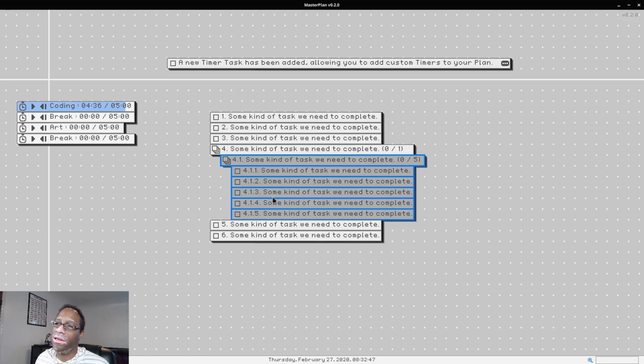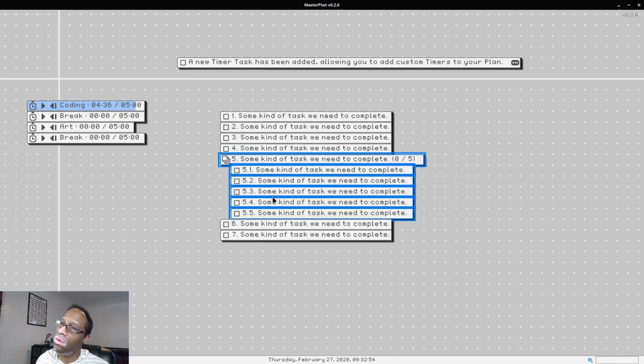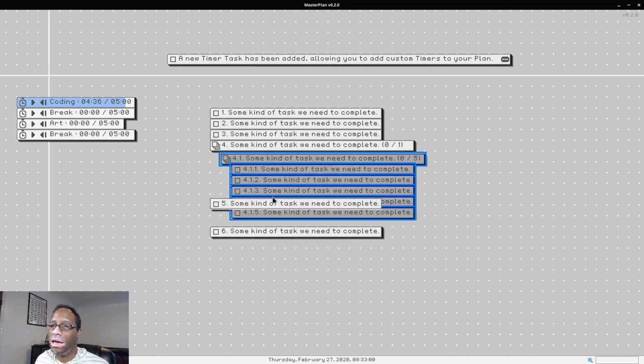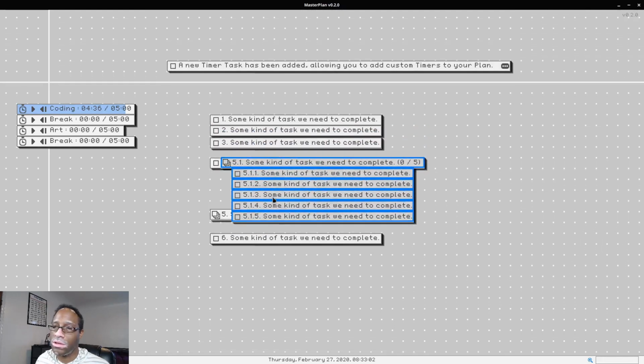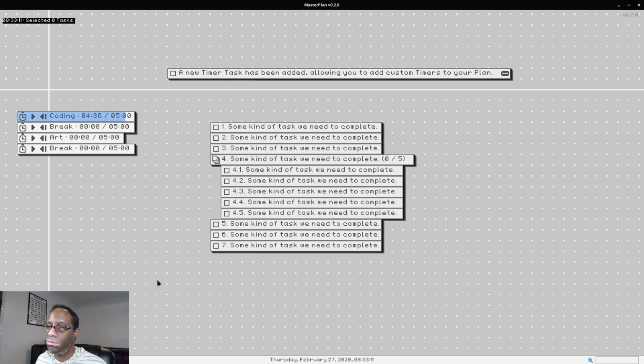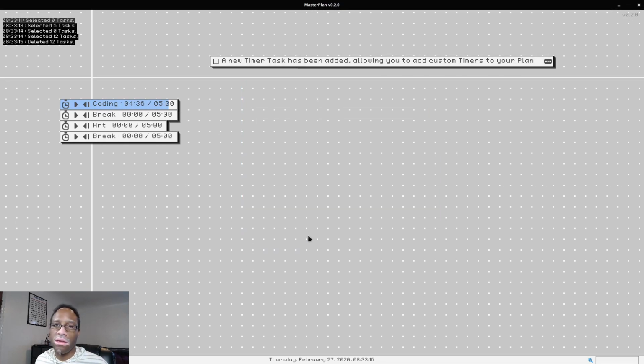Now it's a lot simpler because you just push it over and it's indented, rather than having to worry about, oh, this is indented until I move it down, then the indentation disappears. Now the indentation is purely based off the position. Master Plan doesn't try to improve or interfere with that process. It's completely up to you. So I feel like it's just a little bit simpler and a little bit easier to deal with, which is always for the better.